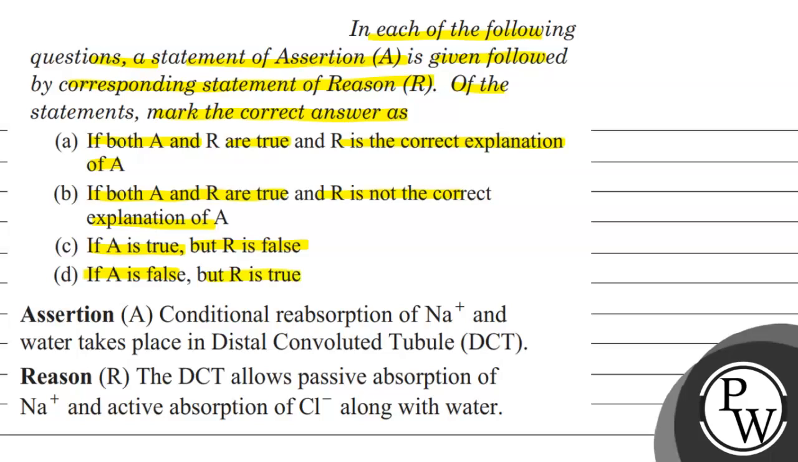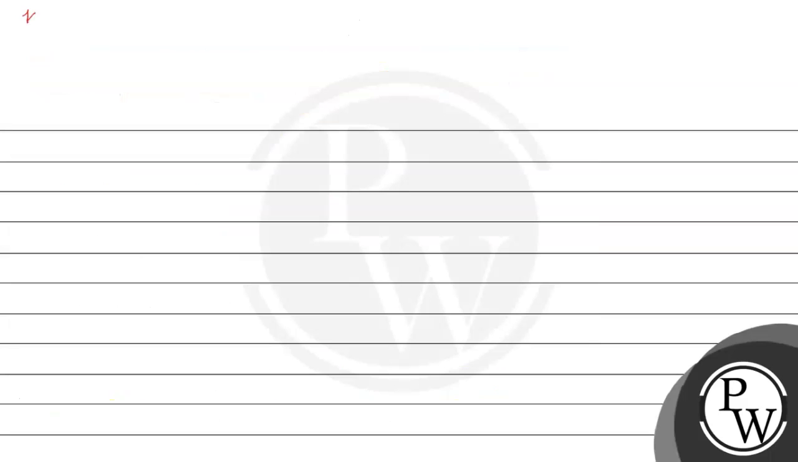तो इस क्वेश्चन में हमें असर्शन रीजन की दो स्टेटमेंट्स गिवन है एंड अकॉर्डिंग टू विच वी नीड टू फाइंड द करेक्ट आंसर. असर्शन की स्टेटमेंट है दैट conditional reabsorption of sodium ion and water takes place in DCT, which is distal convoluted tubule. And reason की statement है the DCT allows passive absorption of sodium ion and active absorption of chloride ion along with water. तो इस पर्टिकुलर क्वेश्चन में हमारा की कंसेप्ट हो जाएगा the structure of nephron